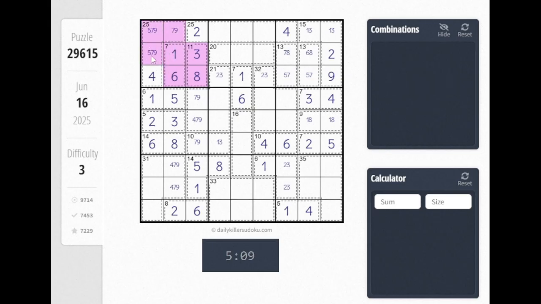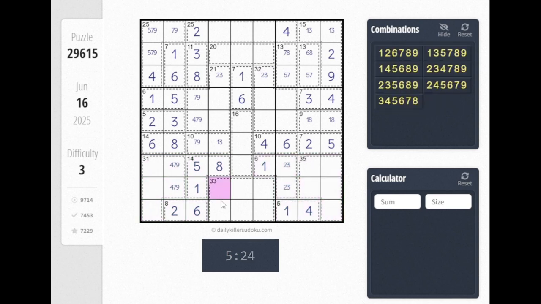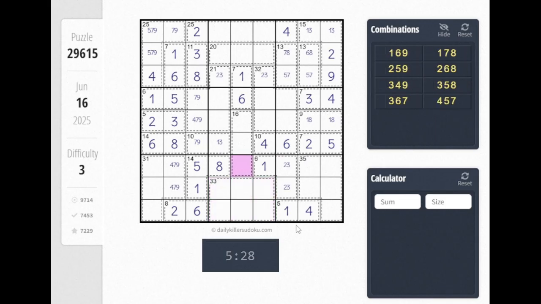Yeah. Right. Yeah. That makes this 1, 2, 3. That's 8. That's 1. 42. Which, even if we assume